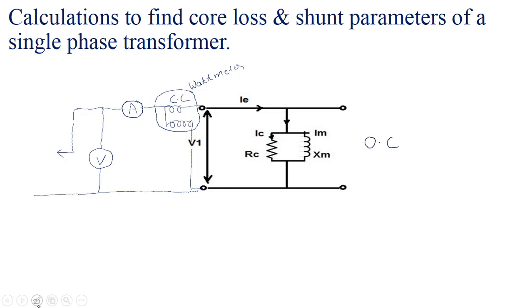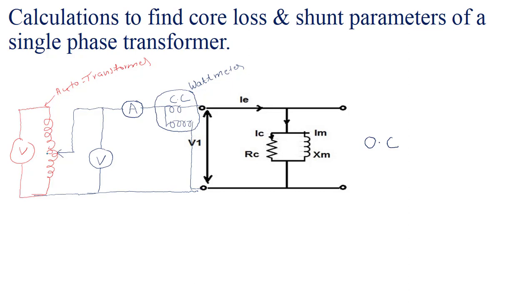Okay, so there will be an auto transformer to vary the voltage so that we can set the voltage up to the rated voltage. Okay, so here will be the supply, let us read the supply voltage. This is nothing but an auto transformer. What we are doing over here,